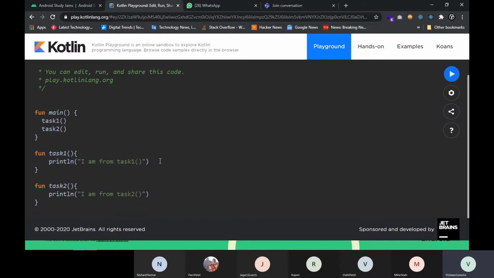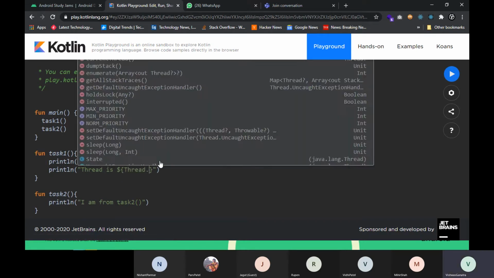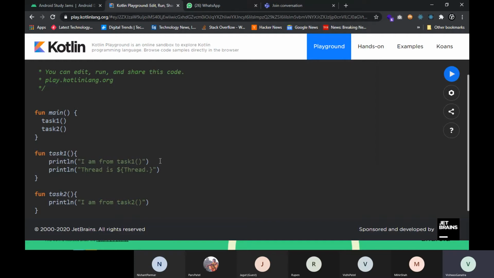To check that out, we can print out the name of the thread on which they are running. Let's do the same thing that we did in the previous program: Thread.currentThread().name, and we'll copy this statement and paste it in the second function.